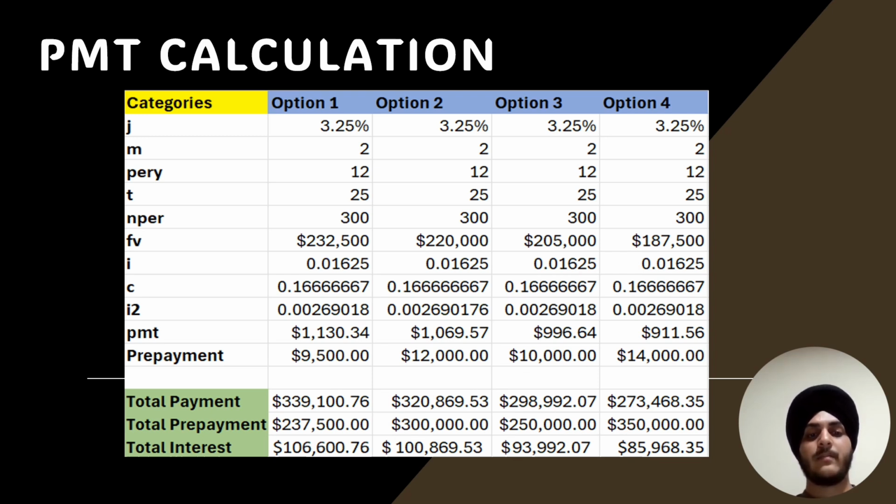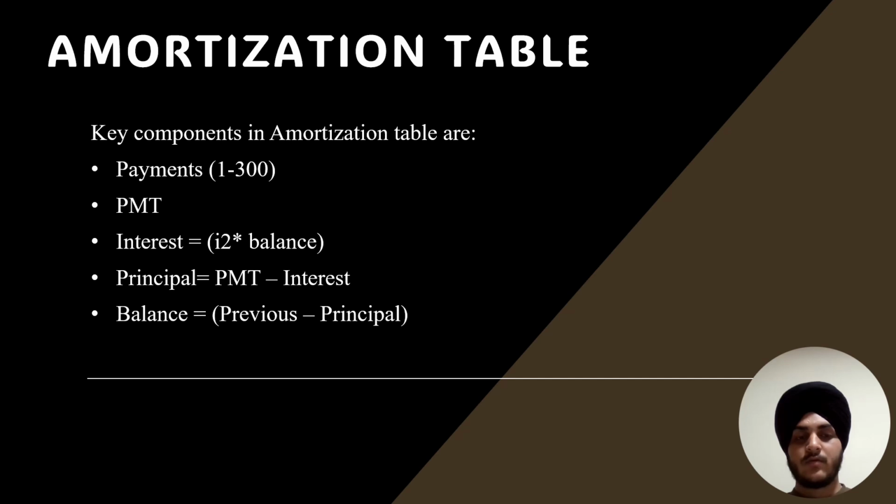So now we have the total payment for all four options. We have the total prepayment for all four options and the total interest, and this was all calculated by using the amortization table in Excel. When we construct the amortization table, we take the payment numbers from 1 to 300, and the PMT that we have already calculated for all four options, and we drag it down till 300. And the interest that we calculate for only the first one, that is I2 into balance,